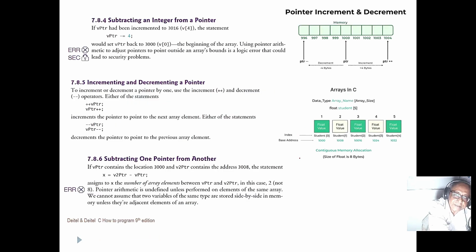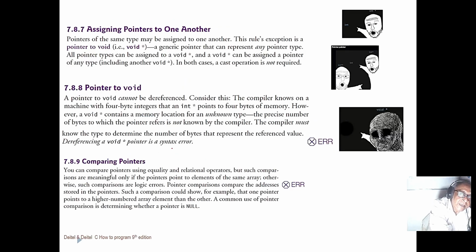Subtracting is the same, and here I will show the picture of the float. It is 8 bytes. Subtracting one pointer from another is not a preferred choice because it can only work within the same array. So this should not be the practice, and there is an error. Assigning one pointer to another you can do, but it has to be cast, like pointer to void, it can be done. See here the void pointer. And comparing pointers should not be done. It should be an error. Sometimes it works in the same kind of array, but it should not work.